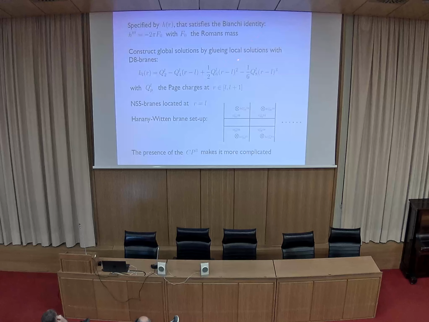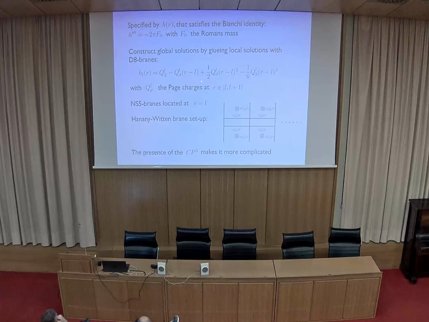I didn't show the explicit expressions, but you can immediately relate the expressions of these fluxes to these quantized charges. So in the end, this is the H function that you have in each of these intervals, in terms of the D2 charge, D4, D6, and D8. So with this information, even if we don't have the underlying brane intersection that is AdS3 cross CP3 geometry in the near horizon,